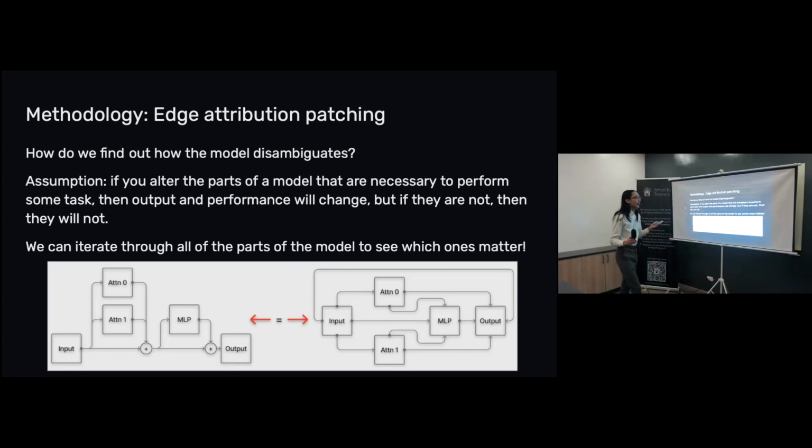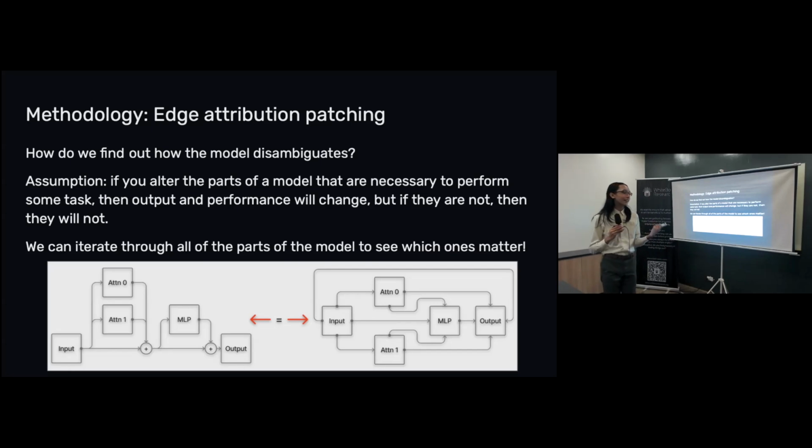So I'm just going to go through a little technical bit here. Typically, we do attribution on nodes. So you see these ones, like the attention heads or the MLP, multi-layer perceptron, and then the output, right? So let's say that I change the attention head, I alter it. All of the changes will be propagated downstream. So if I change the attention head, it will also change the MLP and the output because all of these are downstream from it. But I wanted to do something a little bit more precise, I guess.